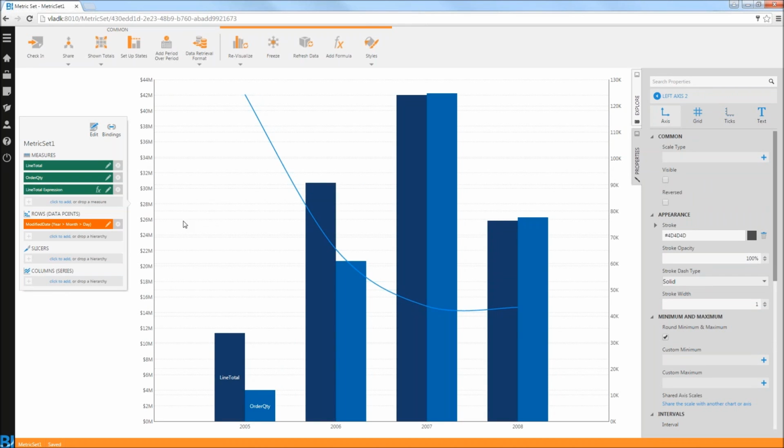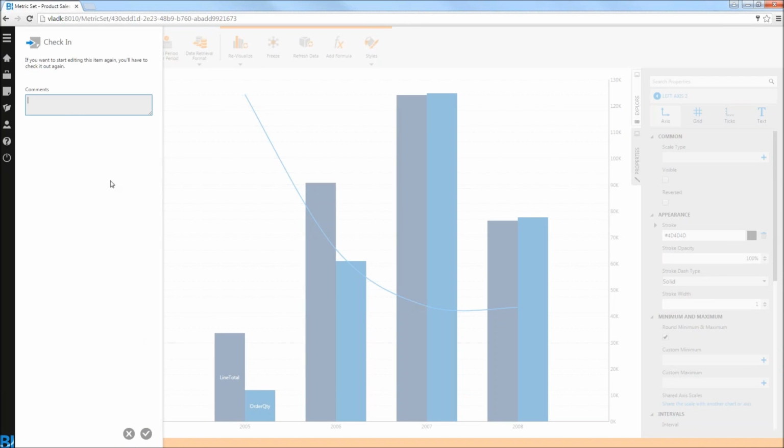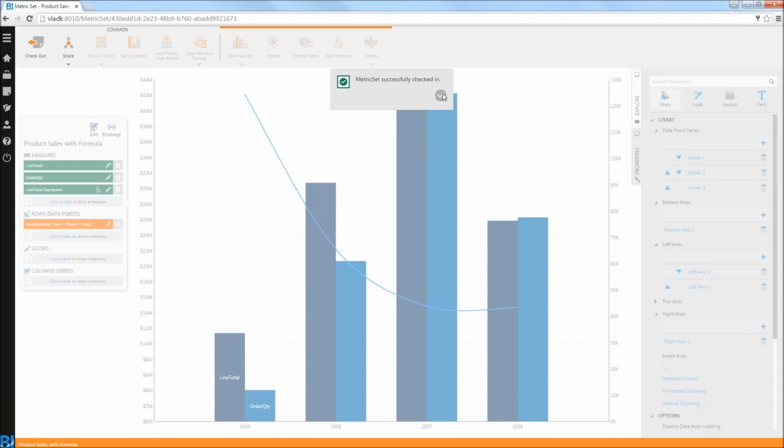So all that I need to do now is give this a descriptive name. So for instance, product sales with formula. And now in order to reuse this visualization on some dashboards, I'm just going to check it in. And here I can add a comment. Checking it in is for revision history, and I have successfully checked this in. So what I can do now